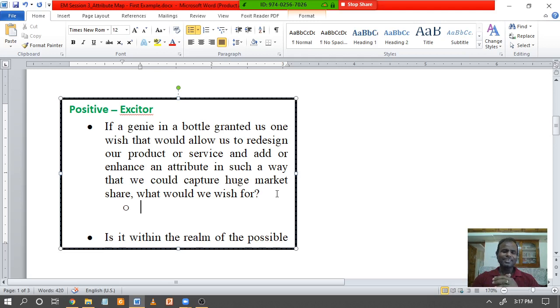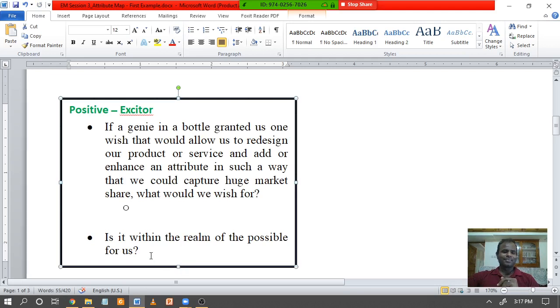Is there something we can come up with which is beneficial at the same time, but creates that exciting factor? It's fun to study in Karunya. It's exciting to study in Karunya. It's adventurous to study in Karunya, or something like that. Can you think about it? Now it's tough to think about it. Okay, I can understand. It's tough, not only from Karunya's perspective, but from any university's perspective. But this can be a game changer.